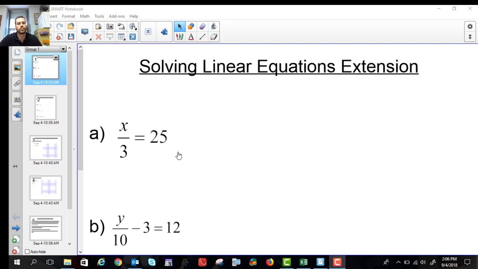So we're going to begin talking about some extensions to the course that you've been doing, Foundations 11, and particularly about inequalities and linear equations. So what you've done so far takes you to a certain point. This is just really to add to what we've already done. There's a couple of different topics we're going to talk about, and depending on your ability to have done the